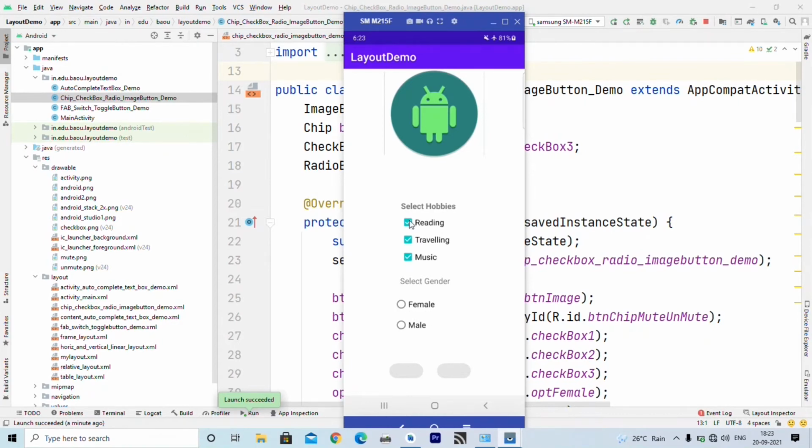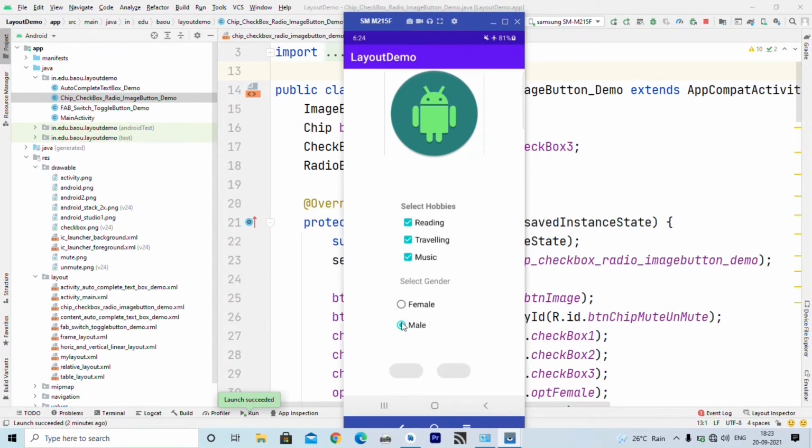Now remember, multiple selection is possible in the case of checkbox, but in the case of gender you can select only one at a time. So if I select female, it displays "your gender is female", and when I click on male, the female is automatically unchecked and it displays "your gender is male".